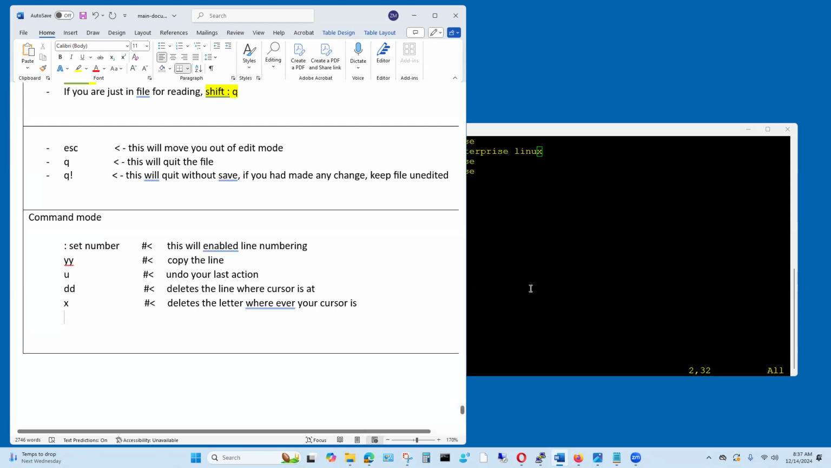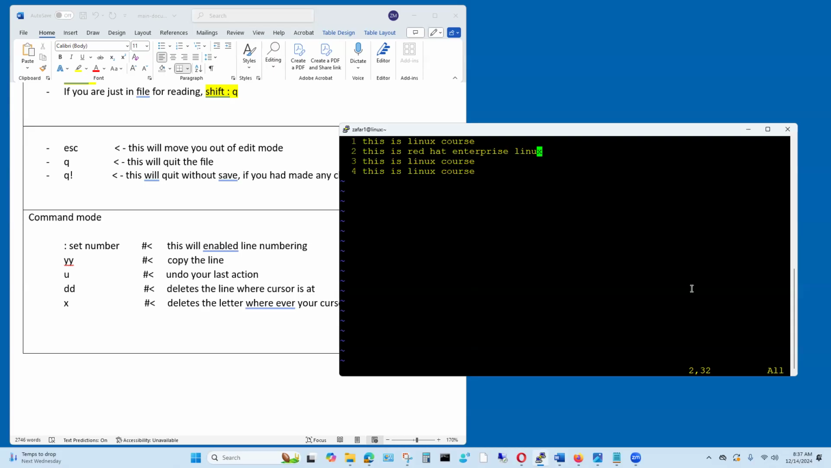Okay, and then if you want to do a search, you type a slash, and then I'm going to look for red, RED. Okay, so it gets highlighted. And then if I want to search for Linux, okay, it got highlighted. Or I want to search for enterprise, and enterprise is highlighted here, okay? All right, so to search,